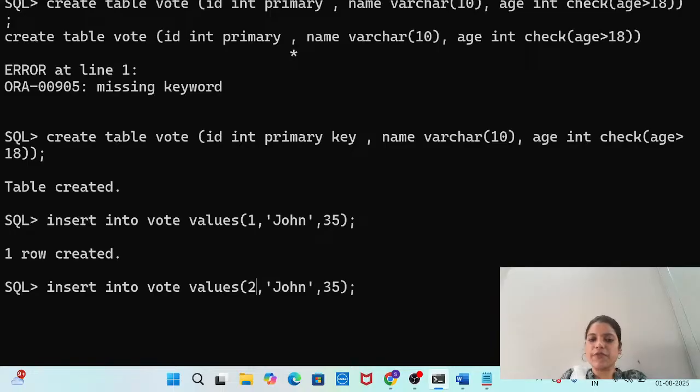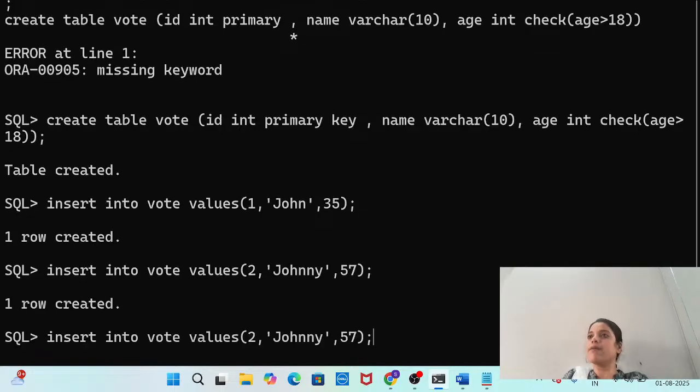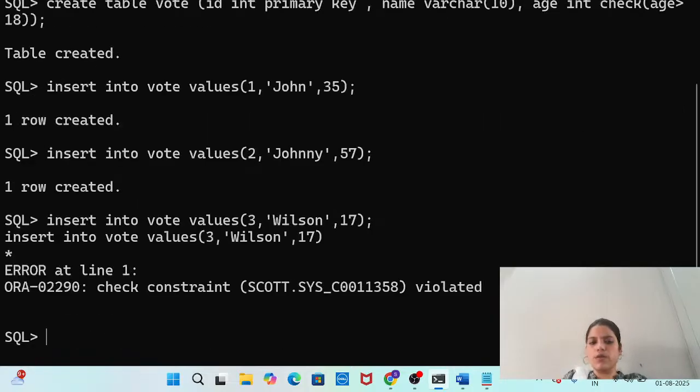Number 2, this fellow is Johnny. His age is 57. Got it. Third one is Mr. Wilson. His age is not 57 but 17. No. So the check constraint is violated here